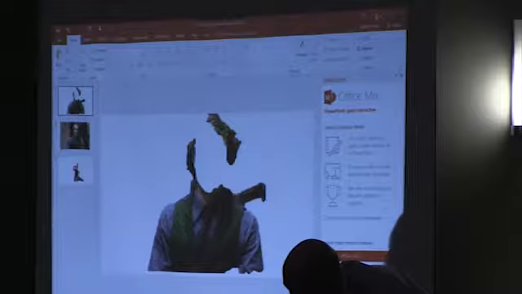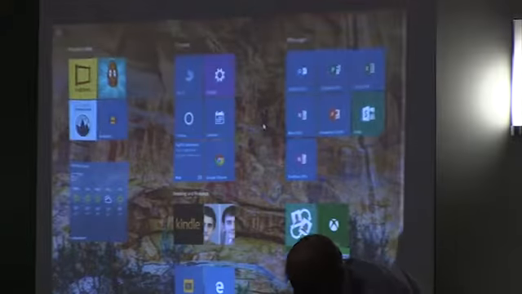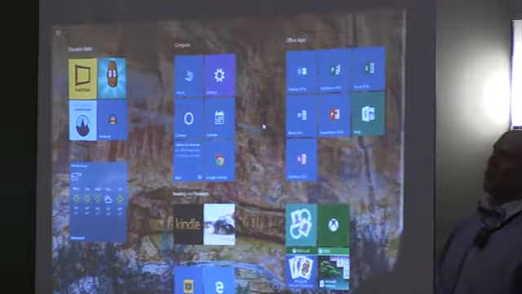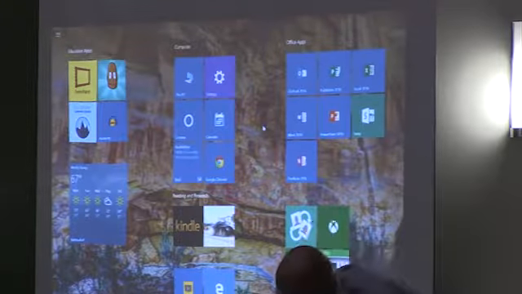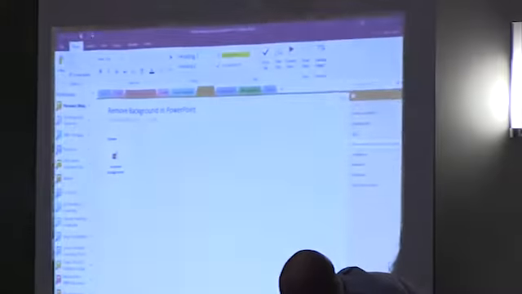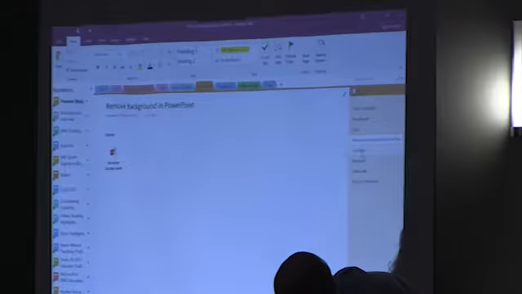I know not everybody has it, but for us, we're a Google school. We have Microsoft products, and we also have Apple. We have a little bit of everything, and so we're always just trying to figure out what's the best tools to get the best bang for our buck.